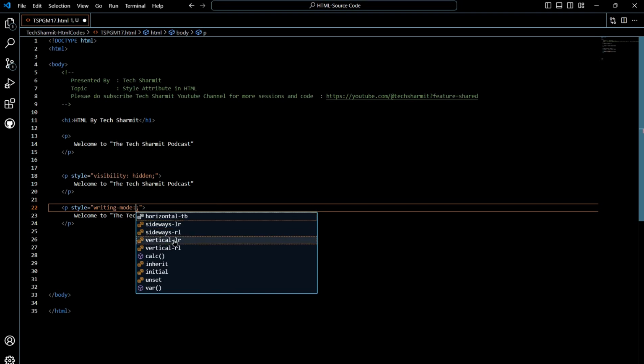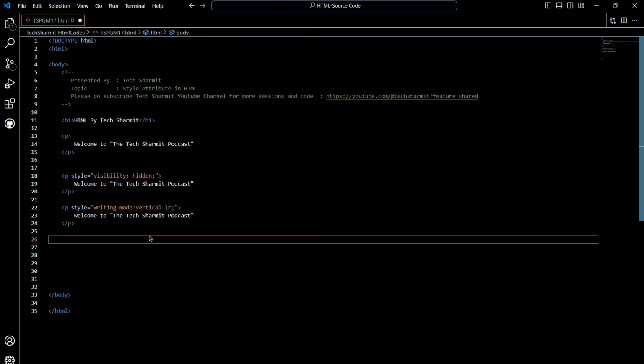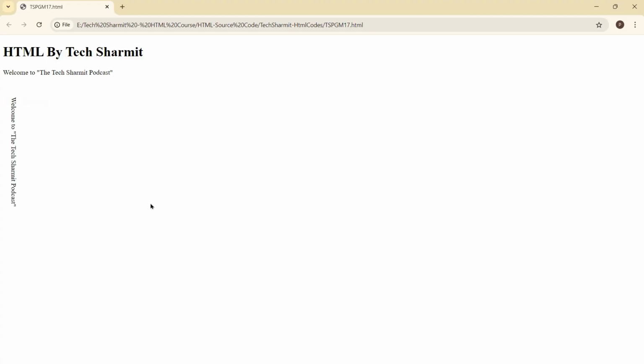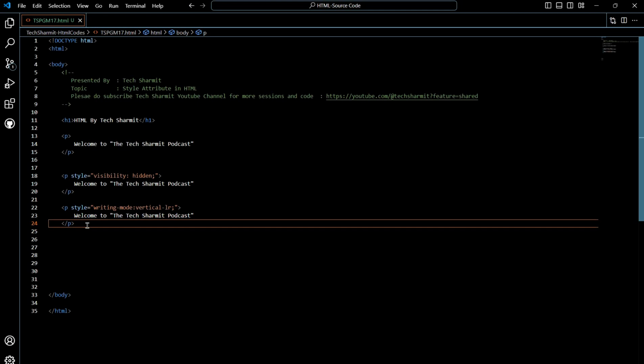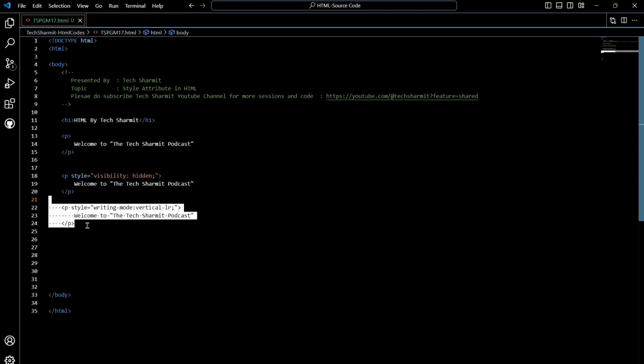Okay, so you can give it a try. For now I'm just going to use vertical-lr again, just to show my code on the left, vertically, left to right. All right, so this is one thing, and likewise we have another option, but I think there is something